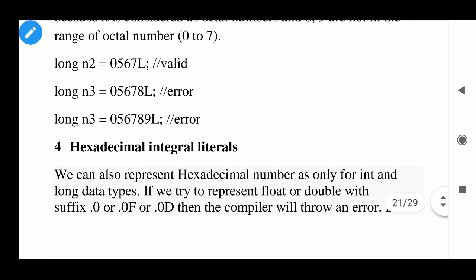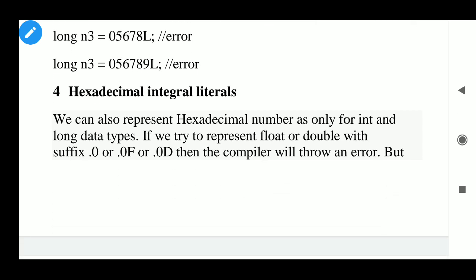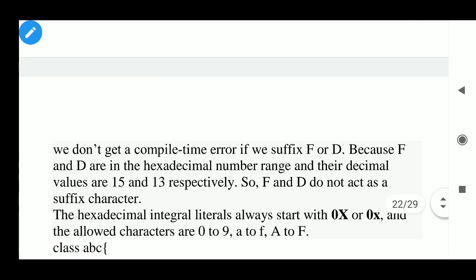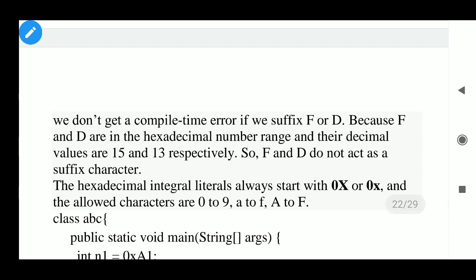Now hexadecimal integral literals. We can also represent hexadecimal numbers only for int and long data types. If we try to represent float or double with suffix 0.0 or 0.0f or 0 D, then the compiler will throw an error. So it will work only for int type. But we don't get a compile time error if we suffix F or D because F and D are in the hexadecimal number range and their decimal values are 15 and 13. You know, F is for 15 and D is for 13.